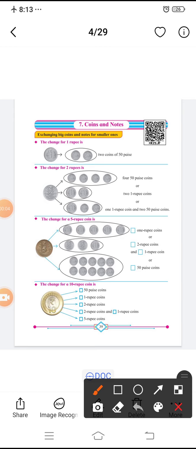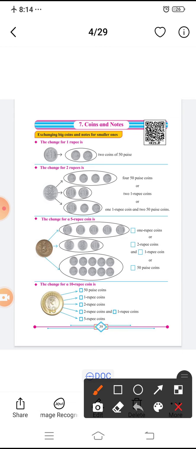Yes, students. Now we are in chapter number 7, that is coins and notes. Students, you all might be going to shop with your parents, correct? And you all know how to exchange the coins and how to exchange for the notes. And you all know how to total the grocery items, the total amount, the amount you give to the shopkeeper, the notes which you give, and how much balance the shopkeeper will give to you. You all know it very clearly, correct na students?